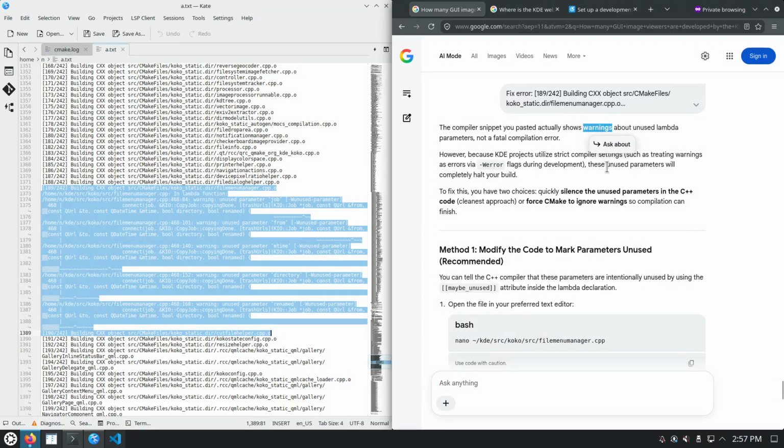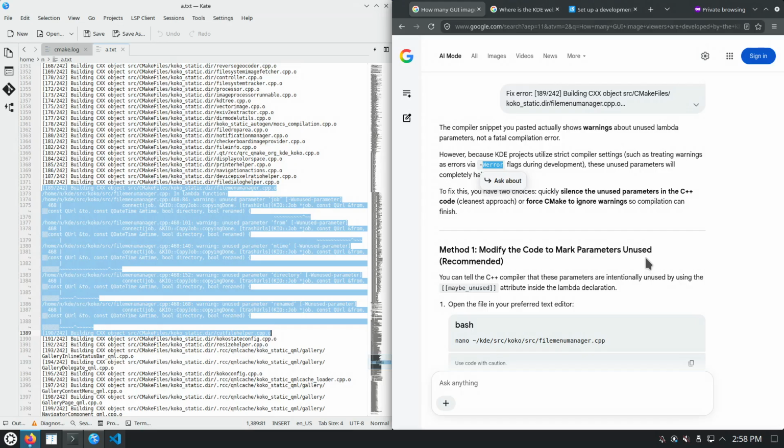So it says it's a build warning, not a build error. We're not using -W uppercase and then error. At this point, we can see that we should have said something like, here's the error, the source code of which files do you need to look into to prepare a fix for this error, because